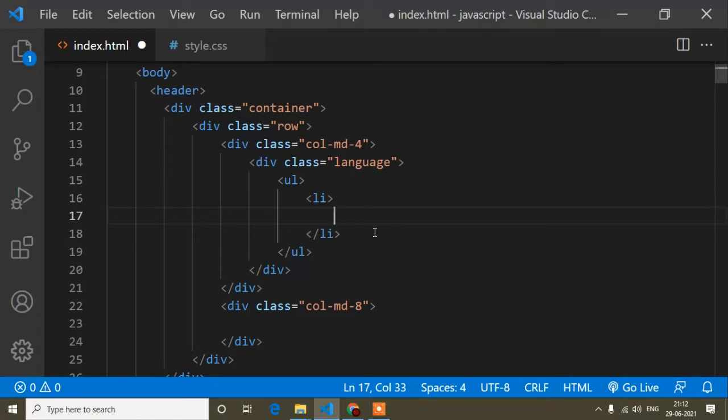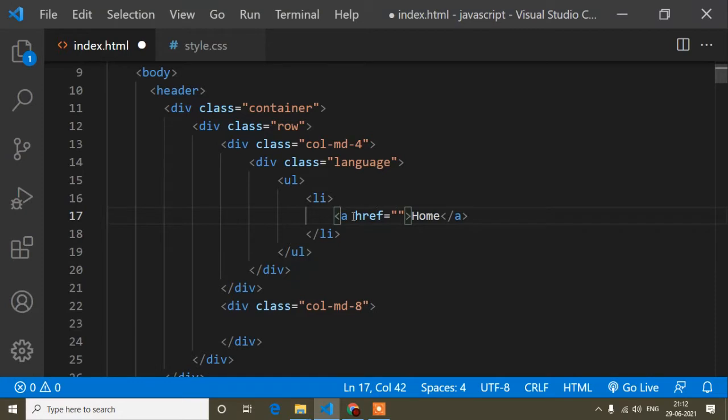When we write an anchor tag, after clicking that content the page will be redirected to any other page, so that time we write an anchor tag and pass the link, like I will show here. Suppose I write anchor tag href, and inside this I write home, so when I click this home, it will redirect to the home page.